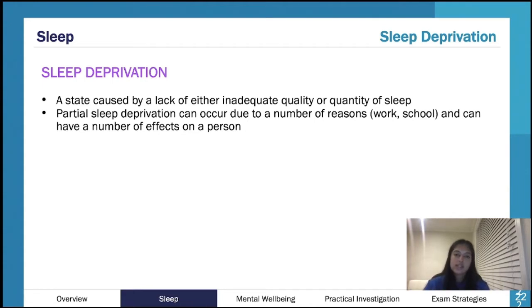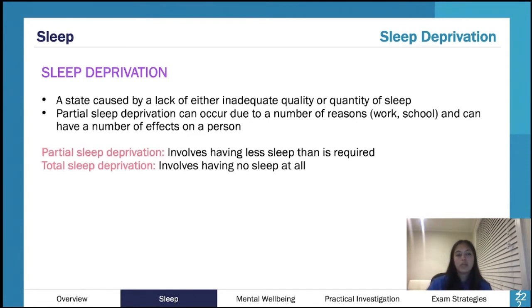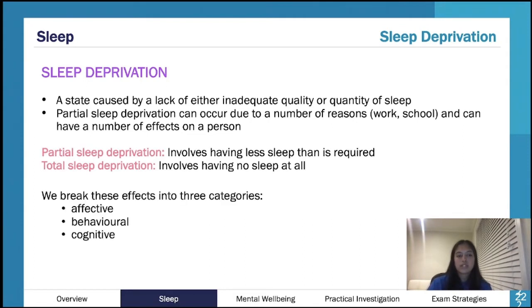So in the study design, we specify this to partial sleep deprivation, because obviously you can be sleep deprived for a week or something like that, or I don't know, however long you can go without sleeping. But partial sleep deprivation is when you're getting sleep every night, but maybe you're just sleeping a little bit less than you should be. You're not being totally sleep deprived for 3 days. Okay. So that's kind of what we've just explained there.